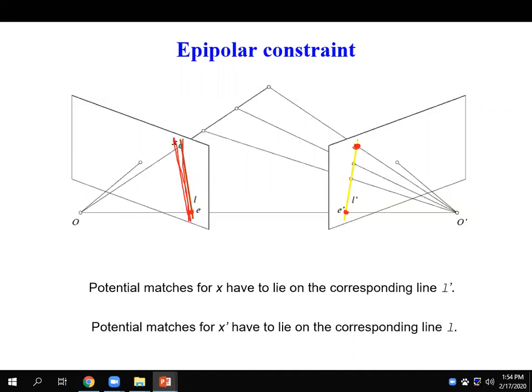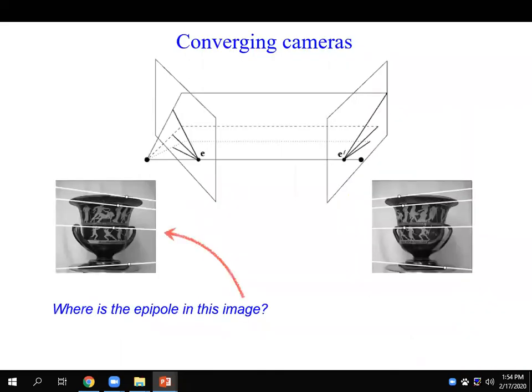If you go to the other image, all of the epipolar lines will intersect at this particular point, also called the epipole, which is the intersection of the plane with the two image planes of the two cameras. As you can see from here, all these epipolar lines will meet at a certain particular